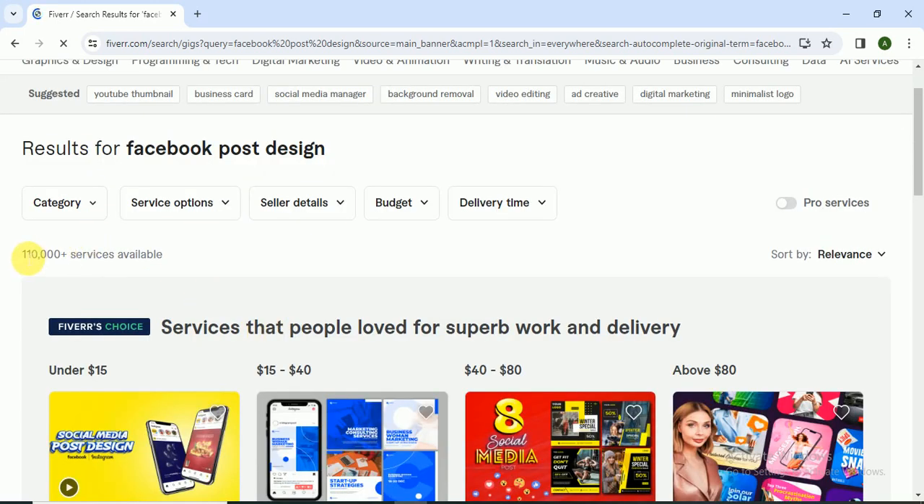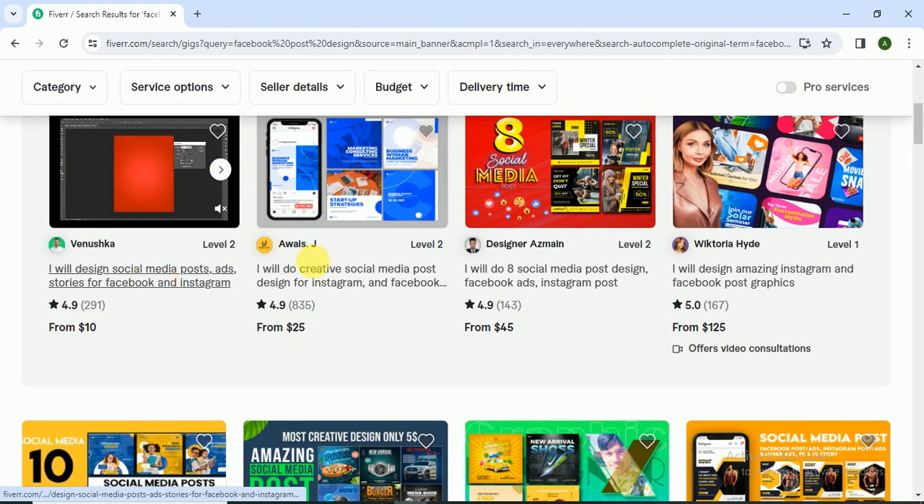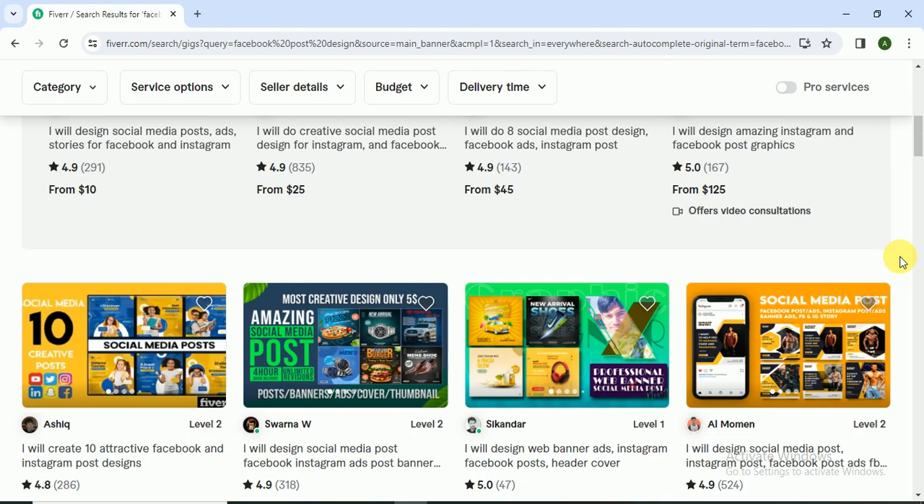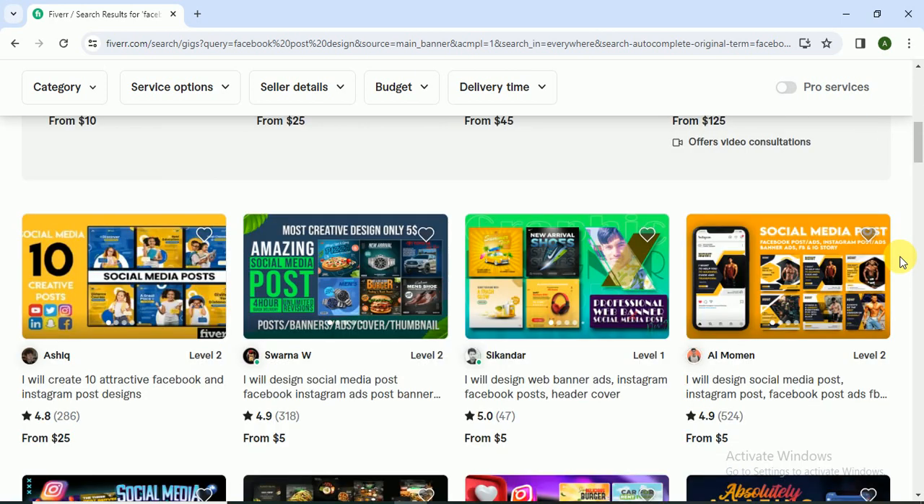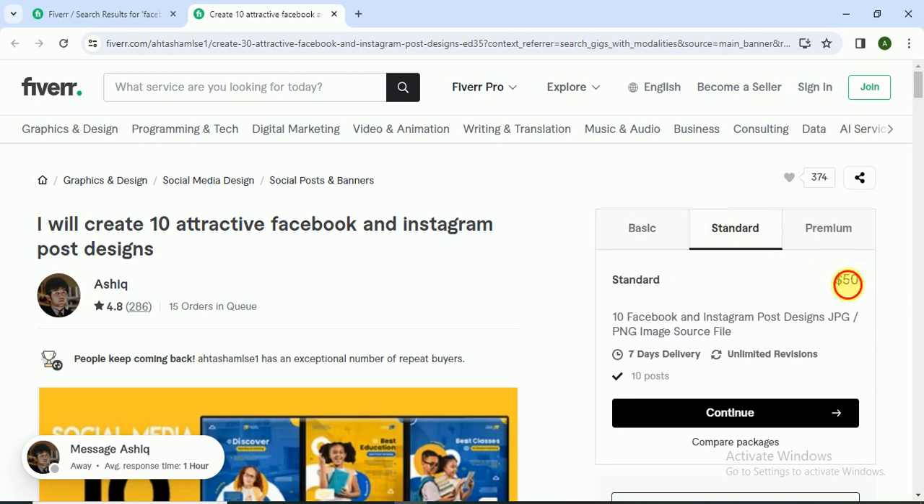and as you can see there are 1,10,000 plus services available. And let's analyze one of the gigs, like this one. In the basic package he charged $25, in the standard package he charged $50, and in the premium package he charged $75. So there is a demand for this skill, and as you can see